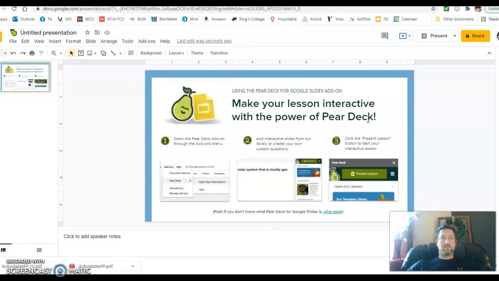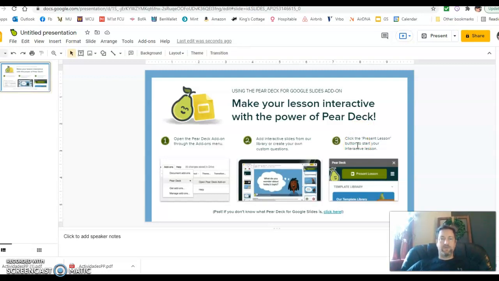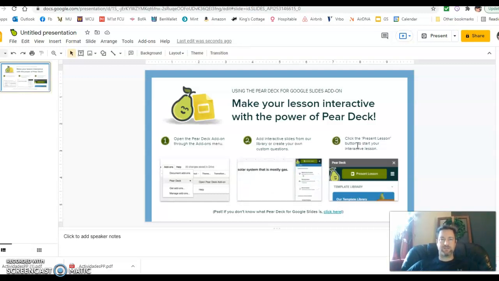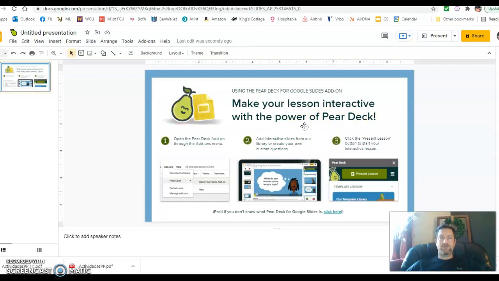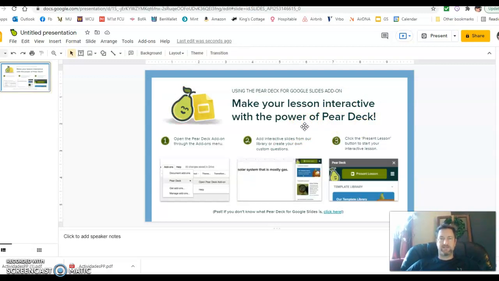Okay, so this is basically a slide presentation that your students will open their laptops up to, and they'll be able to see the slide presentation as you're presenting it at the same time. But what's nice about Pear Deck is that it has options where you can interact with the students during the slide presentation. For example,